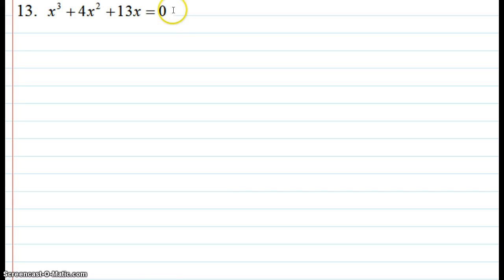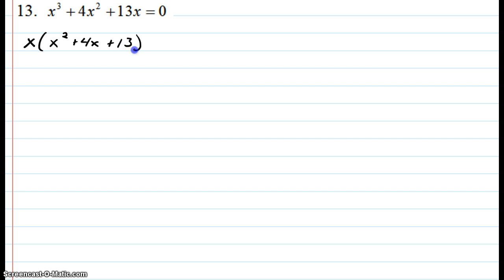Alright, let's take a look at the next problem. So we're going to solve this, and in order to solve this we're going to have to factor. So we start by looking for a GCF. So they have an x in common, so we're going to factor out an x, and we're left with x squared plus 4x